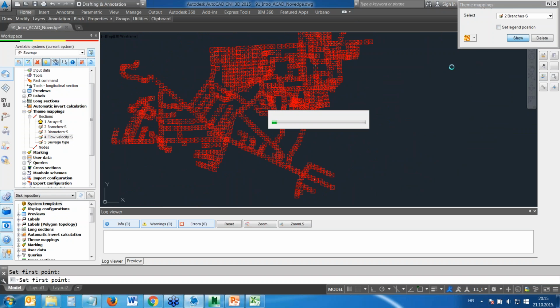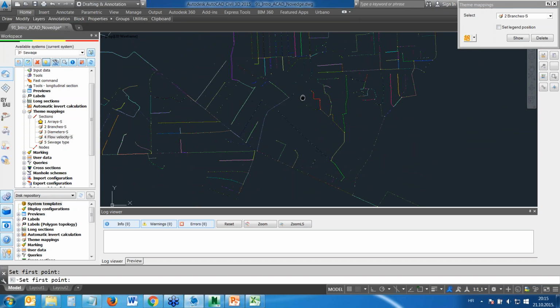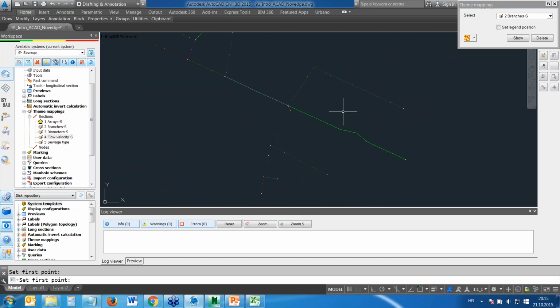But also one important thing for Urbano, to understand Urbano software, is to understand something that we call pipeline topology. And pipeline topology means Urbano automatically creates a hierarchy of all elements. So you have, of course, the basic elements like nodes and sections, but above these elements you have branches, and we are currently looking at branches. So what are branches? Everything from a start or end point to a crossing, or